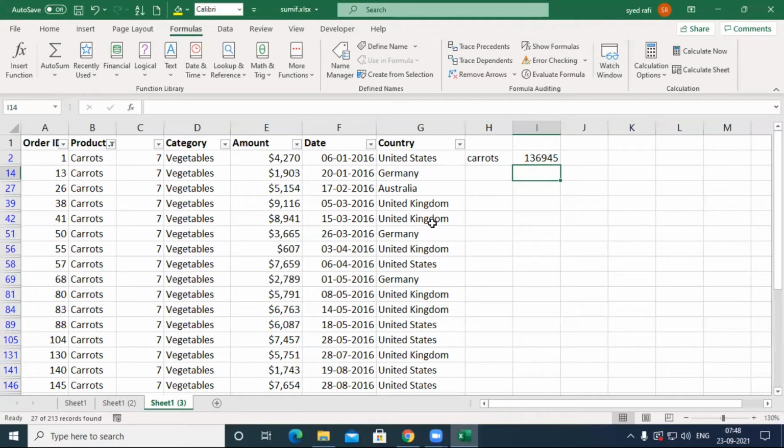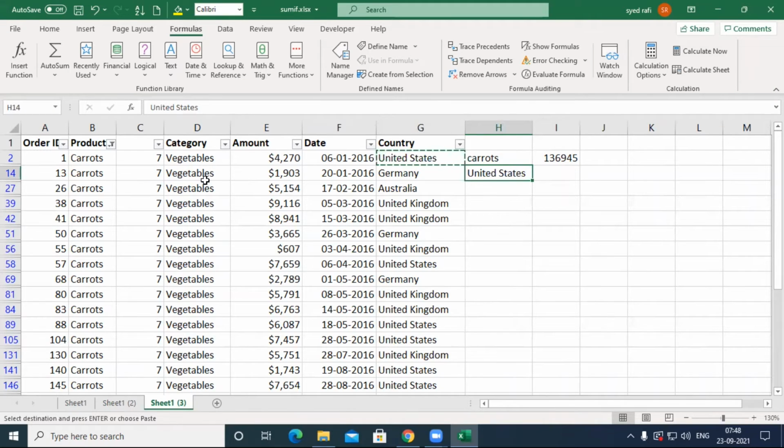I want to sum how much sold in United States. United States, how much amount I want to collect from those products that were sold in United States. I need the amount.